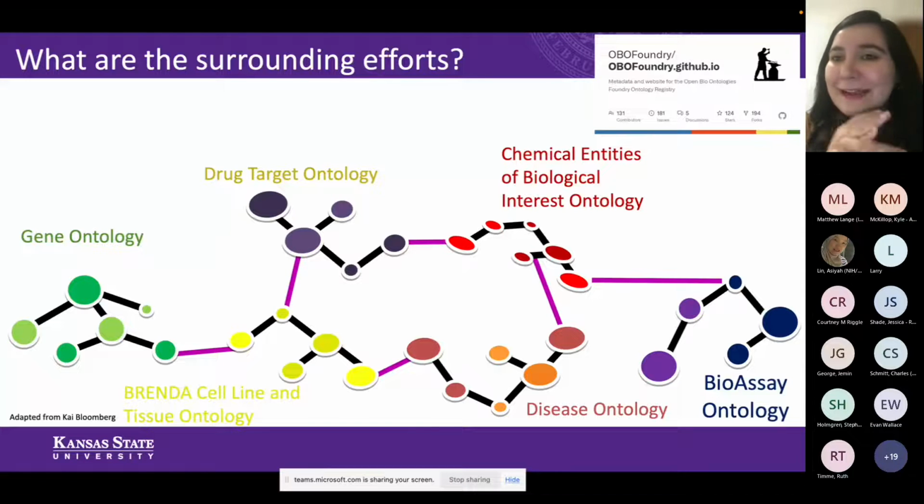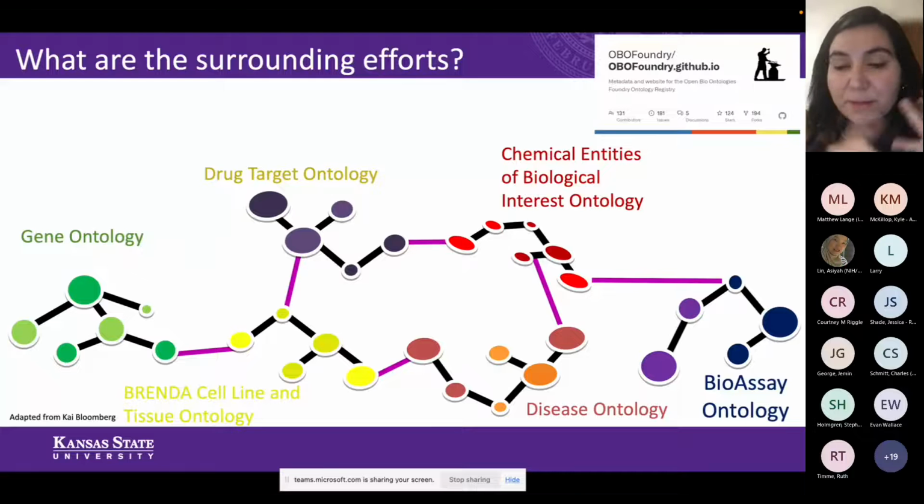I think Kai is here, and I adopted this slide from his slides because he and I agree that OBO Foundry is a great way to reuse some of these ontologies and efforts and really take into consideration before you start going on your own and trying to build vocabulary all alone.